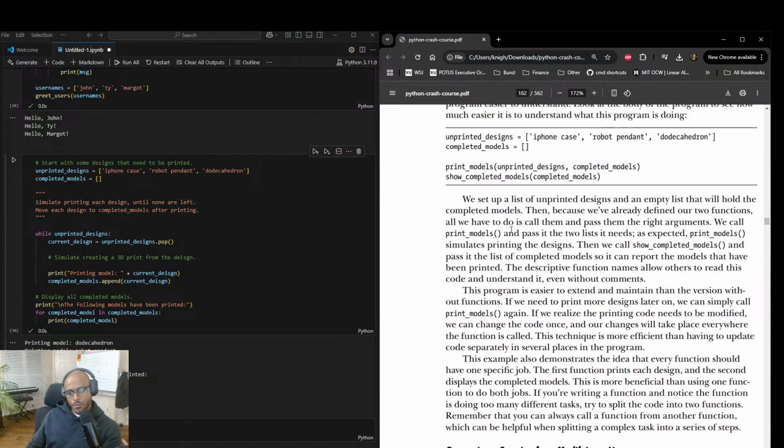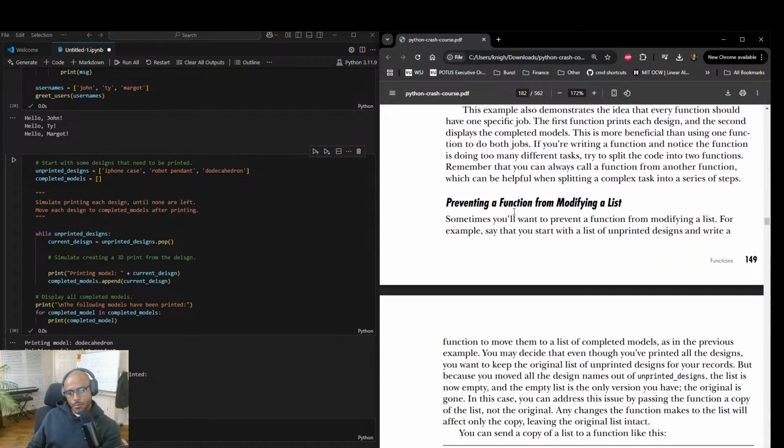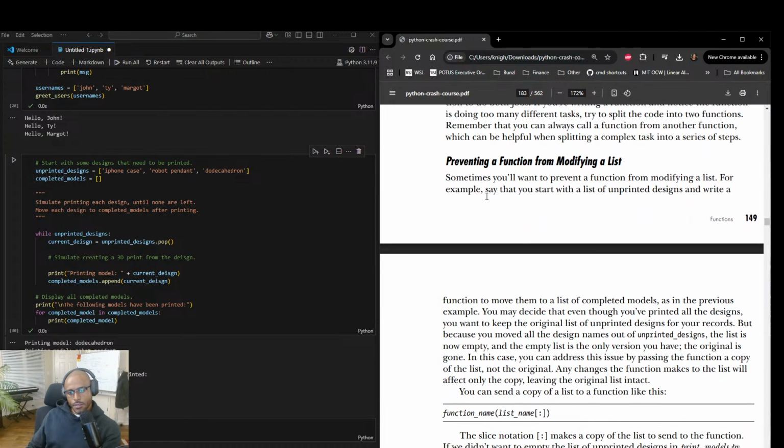All right, let's move a little bit past this now, preventing a function from changing the list. Start with a list of unprinted designs and write a function to move them to a list of completed models.